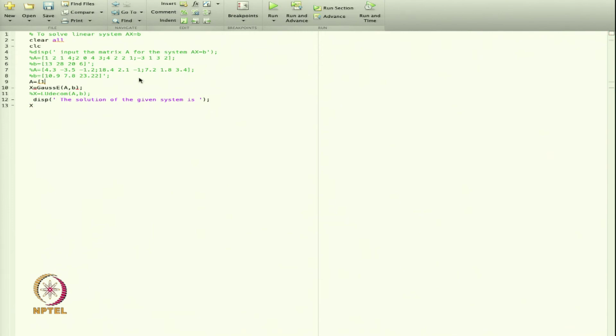I am taking 1, 2, 3 and then 2, 3, 4. So, suppose I take this matrix. This matrix is a 2 by 3 matrix and then I am taking my B as 2, 3.